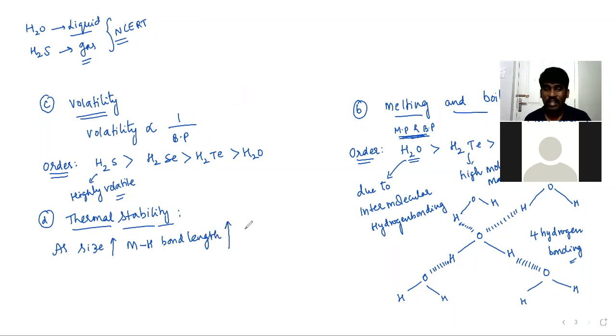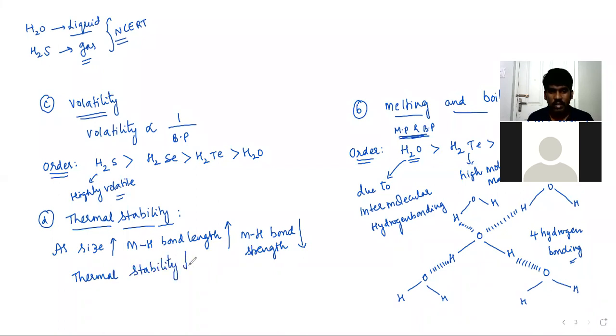If M-H bond length is increasing, the bond becomes weaker. So M-H bond strength decreases, and if M-H bond strength decreases, then thermal stability decreases. So the order of thermal stability can be taken as H2O greater than